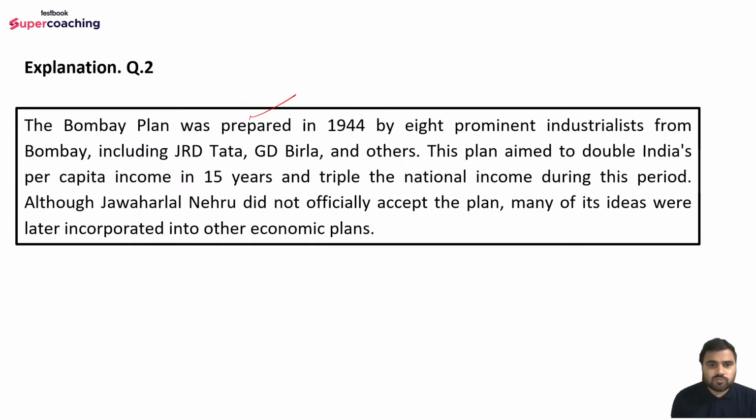The Bombay plan was prepared in 1944 by 8 prominent industrialists from Bombay, including J.R.D. Tata, G.D. Birla and others. This plan aimed to double India's per capita income in 15 years and triple the national income during this period. Although Jawaharlal Nehru did not officially accept the plan, many of its ideas were later incorporated into the other